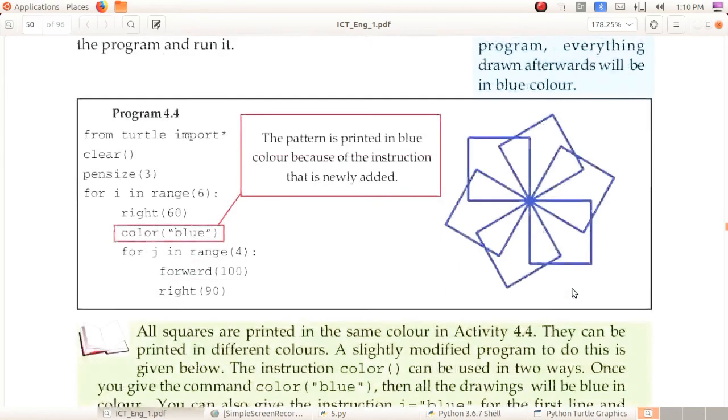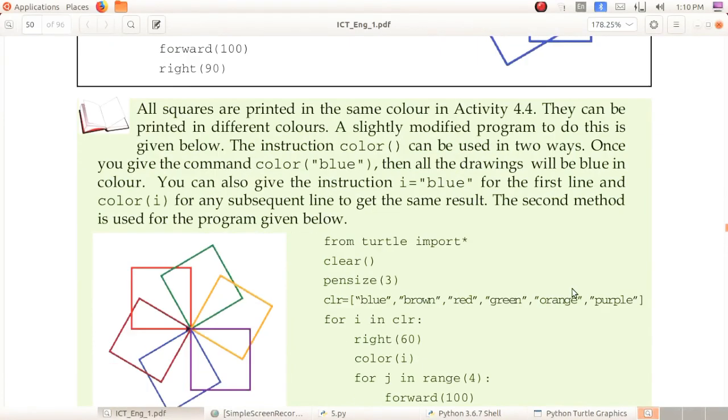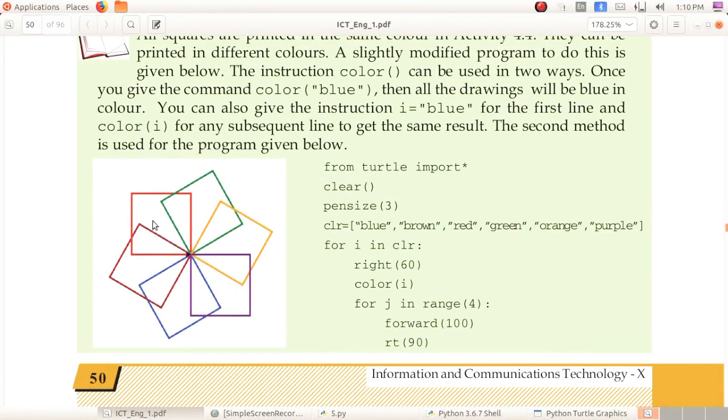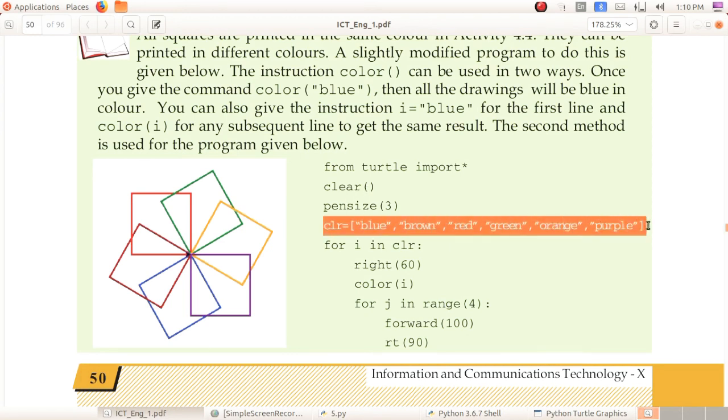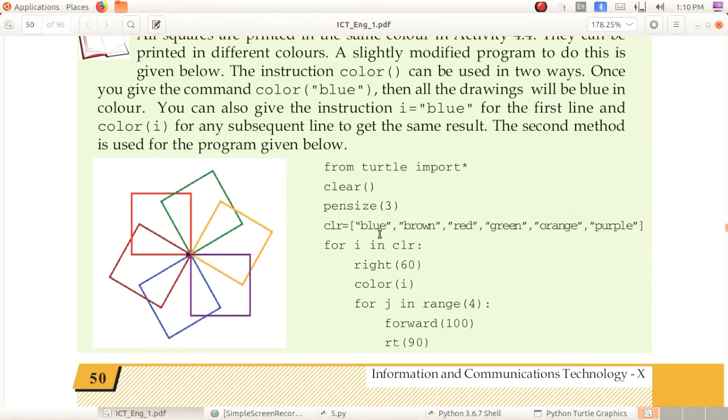Okay, next you can see here each square has been drawn with different colors. Okay, so how can we give that? Here you can see an extra instruction, that is CLR. What do you mean by CLR?